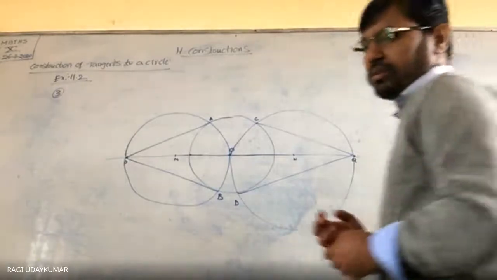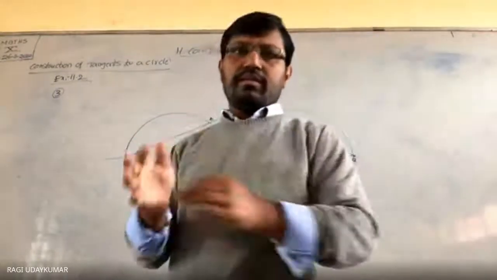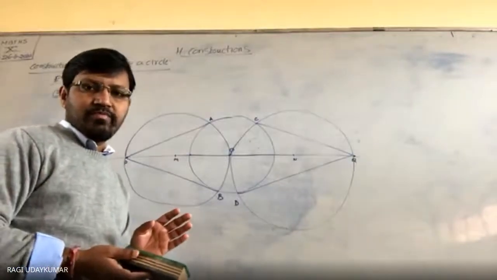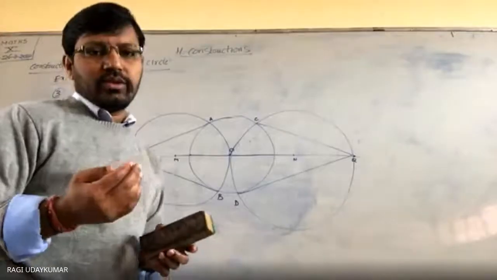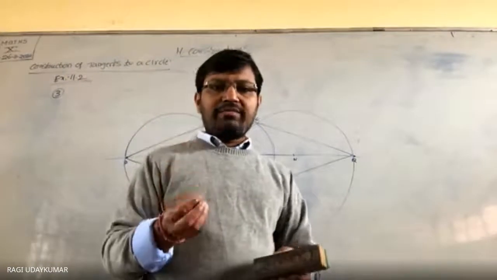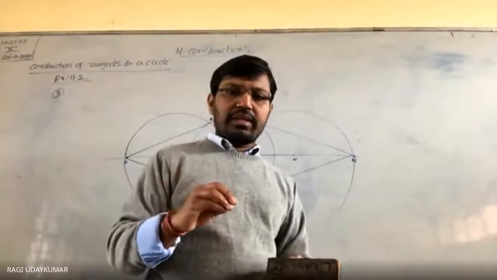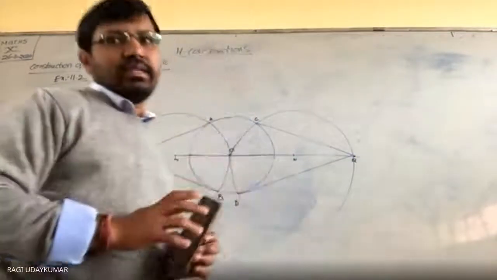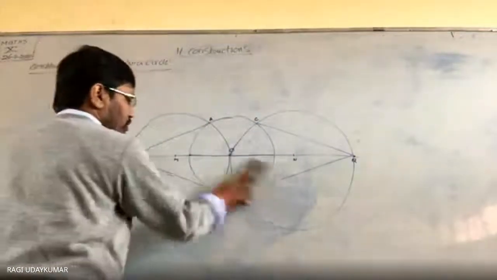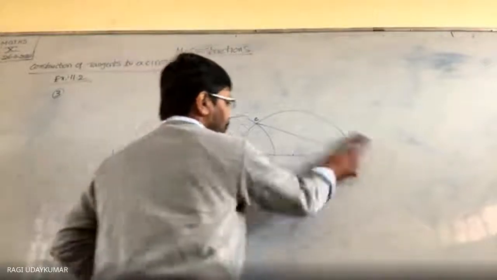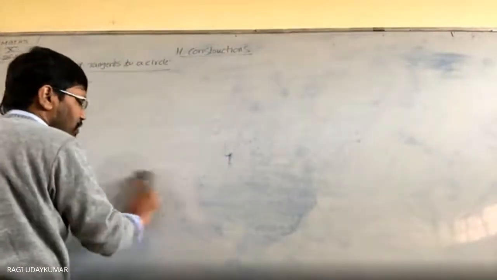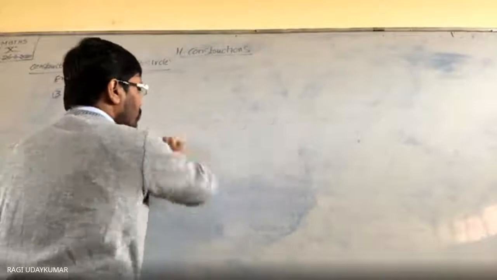Okay. Next, समझ में आया ना? ये क्वेश्चन तो समझ में आया ना? Yes, sir. Fourth question देखो. Fourth question is given. Draw a pair of tangents to the circle of radius 5 centimeters, which are inclined to each other at an angle of 60 degrees. 60 degrees angle है. So here question is given to you. The angle between the two tangents should be equal to 60 degrees.